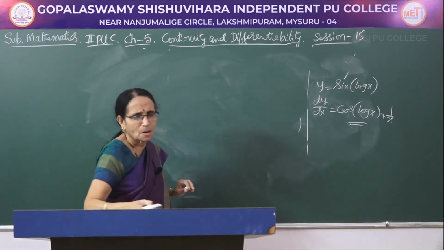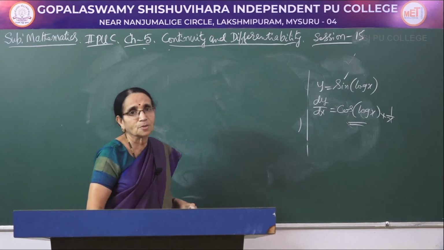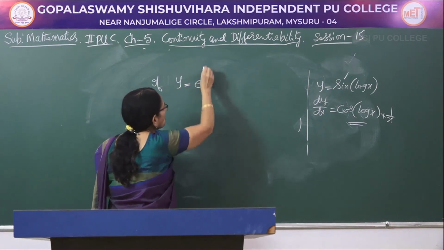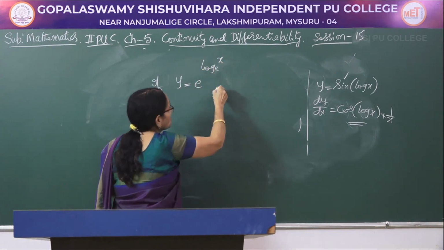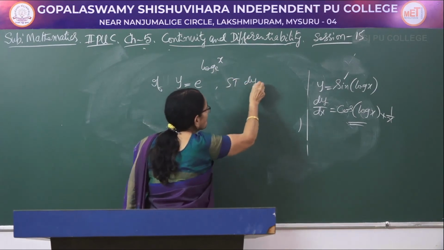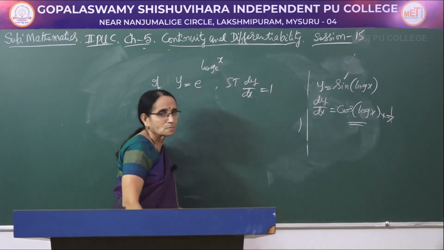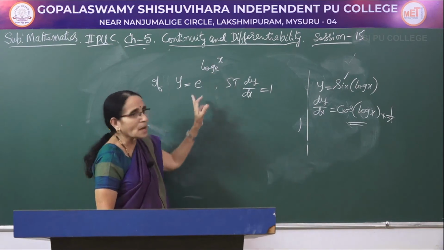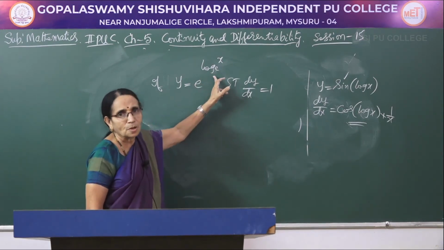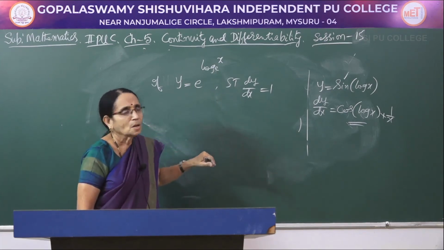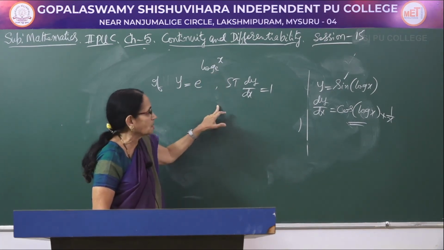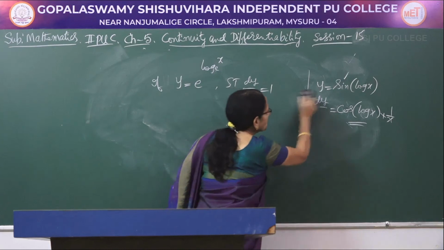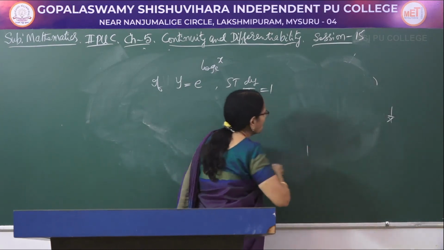Now another problem which was asked in one of the earlier examinations as a 1 mark question. The problem was like this: if y is equal to e to the power log x to base e, show that dy by dx is equal to 1. If you differentiate as it is, e to the power something is e to the power the same thing, then log x should be written as 1 by x. So we would get the same thing, e power log x into 1 by x, but the answer is 1. For that, I hope you remember when I was teaching about logarithms, I had given a note.